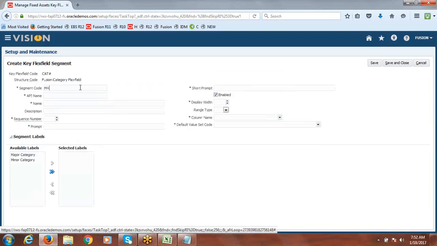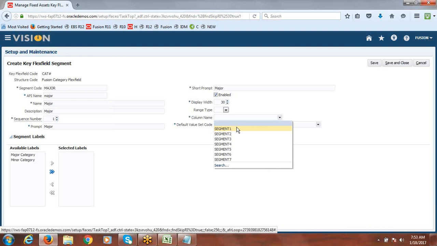Segment code, I'll say major, sequence 1, prompt same, short prompt also the same. Display width, go with the same 30, value set level the same, and column name segment 1. Same as EBS: for category you can create 7 segments, in Fusion also 7. For location also 7 in EBS, here also 7.